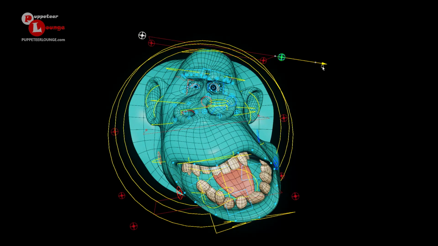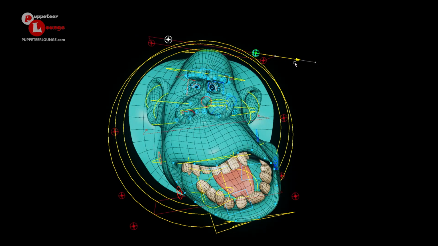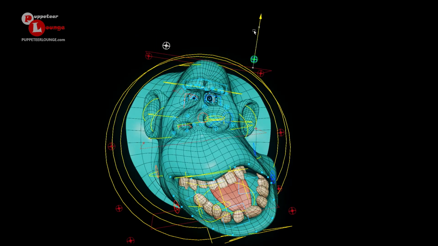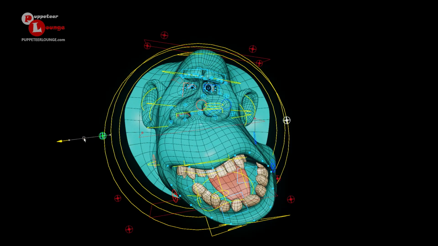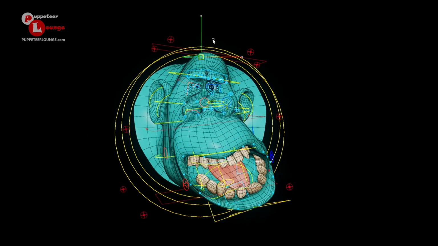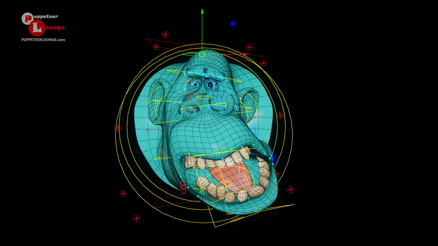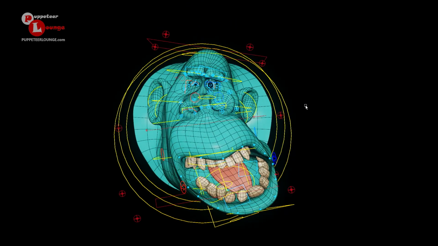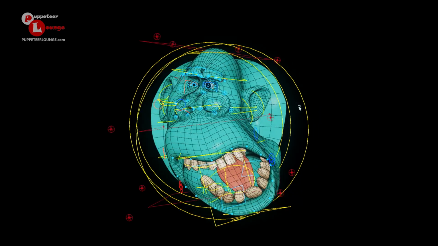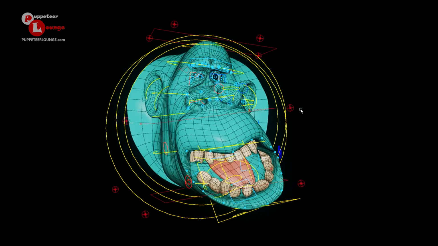And again, every controller in this setup is based on symmetrical control. So you can move them individually in a symmetrical manner. And still, if I go ahead and use that squash and stretch, we still have the squash and stretch on this. So here we have a highly stylized facial setup for stylized cartoon facial animation.